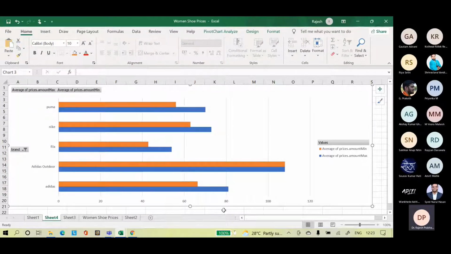So you can see these are the average min prices for the different types of shoes.